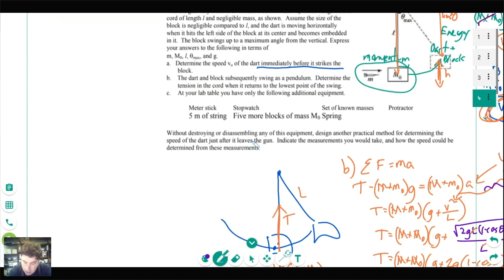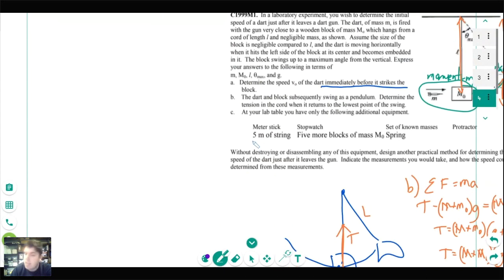Okay. So instead of using a pendulum, we're going to use a spring. Well, yeah, this looks very similar to the previous question we just did. And again, with any experimental design question, this is not the only way to do it. This is simply just the one that I was thinking of right now. So we definitely could find a different one here. My thought is, for this part, let me change colors here.